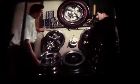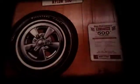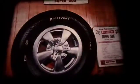It's the tire desire center of the store, and the highest profit center of the store, because every tire in it is a premium tire that's well worth the few extra pennies it costs. Just take a look at this lineup of high-performance tires. The 500, the most asked for by name tire in the industry. Always a great seller, and even hotter when you merchandise it in a high-performance center like this, with a high-performance back tag. Then there's the Super 500,